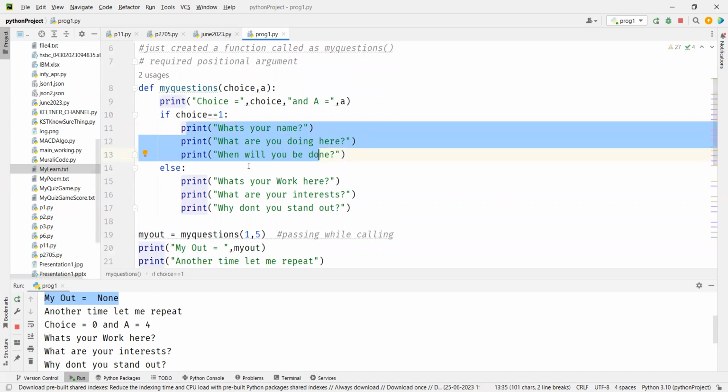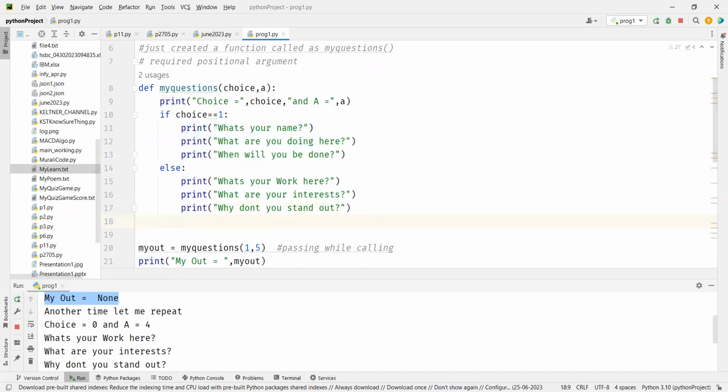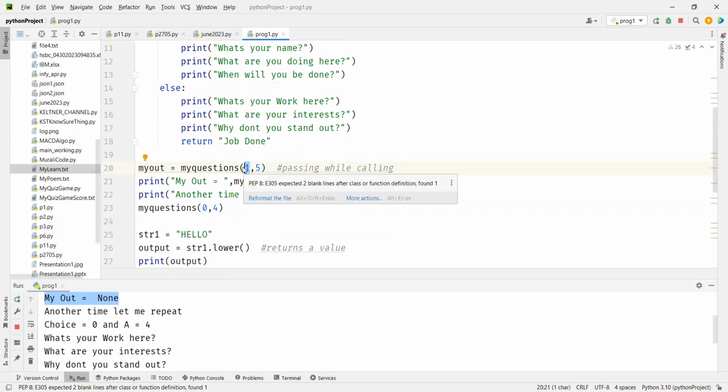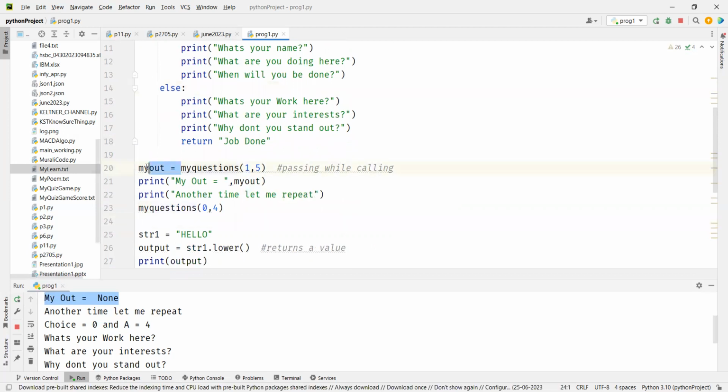Okay, but let's say you want to return something. So we have something called return. Return keyword. So return what? Return job done. Now this return job done is within else, correct? Yes. So when you get the else part only, that will be returned. So here, is it else? No. So here you'll get None, but here if you do, you will get job done. Yes. So if I print it again here,